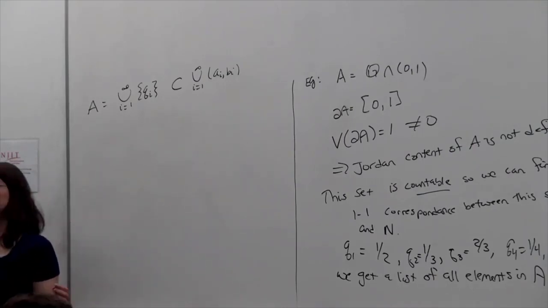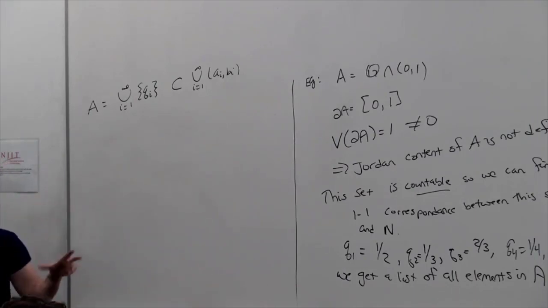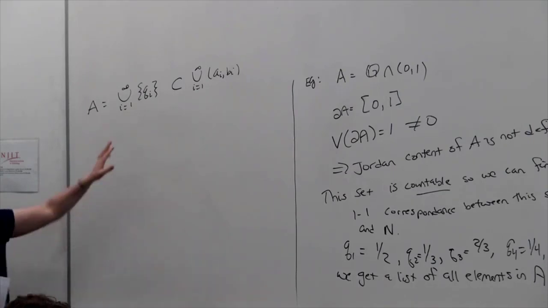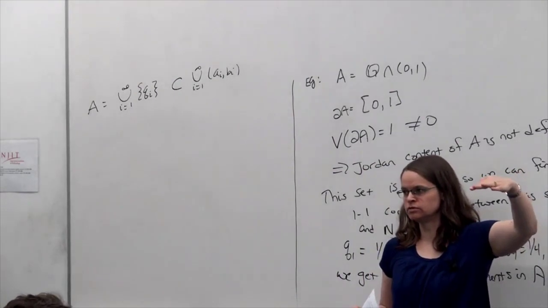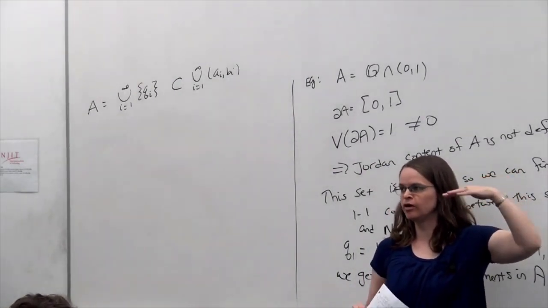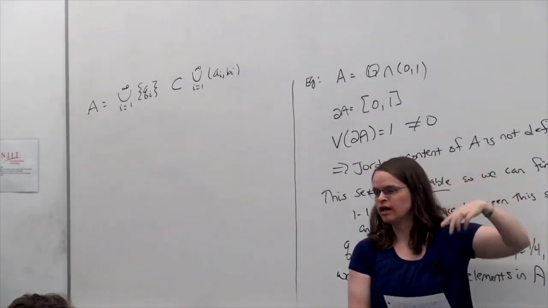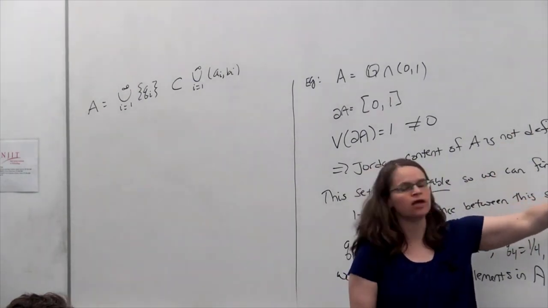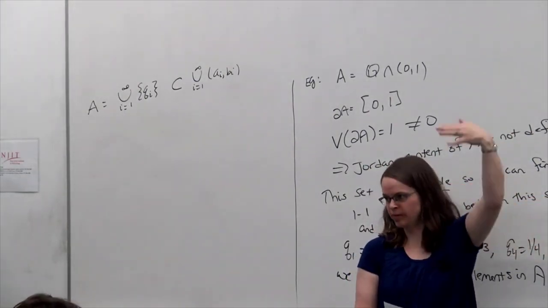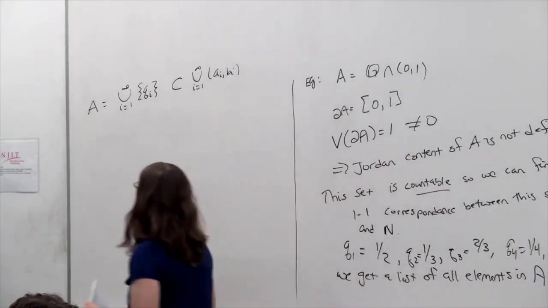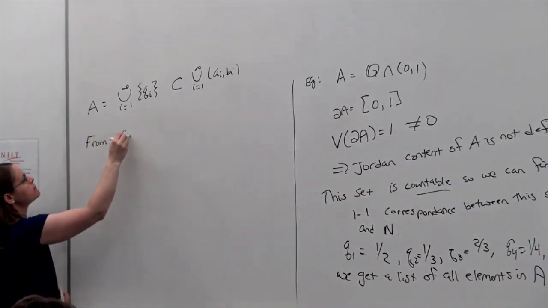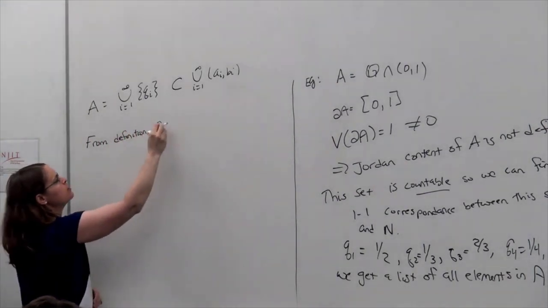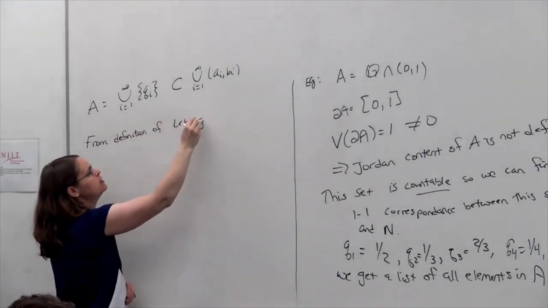The definition of the outer measure says we have to look at all possible coverings. I've looked at one. So summing up these interval lengths is going to give me an upper bound on the outer measure, since the outer measure is the infimum of all of these. I've picked one, which is either going to give me something equal to the infimum or bigger than the infimum. So from the definition of the Lebesgue outer measure as an infimum,